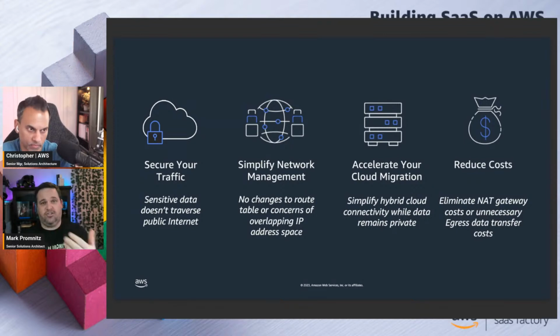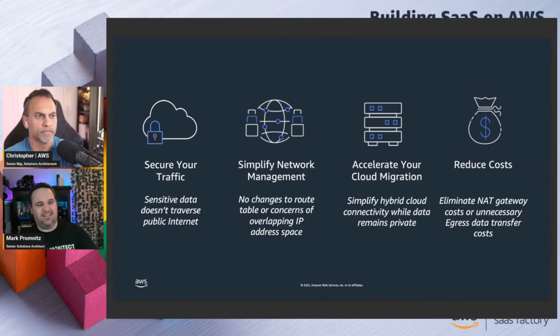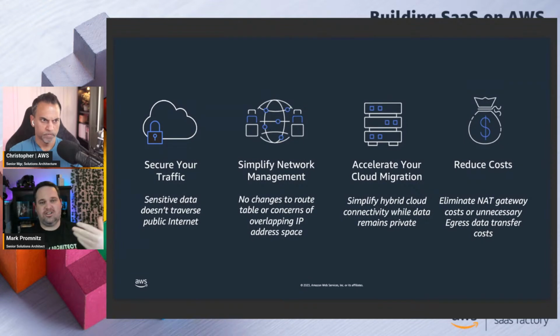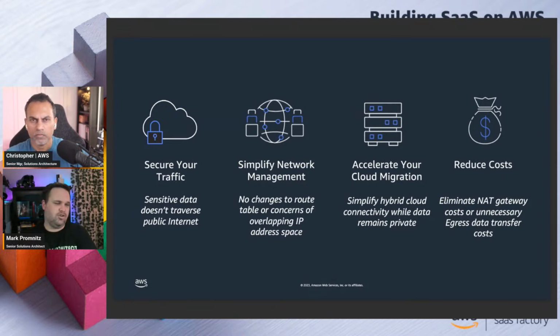Because I guarantee you, as you scale, it might work for one or two customers. Longer term, though, customers' private IP address space tends to get reused over and over and over. It's not an infinite space. So you're going to have multiple tenants that have the same ranges, and how do you do that mapping without collisions and all of that? It gets really messy. PrivateLink really helps to solve for that. It also helps accelerate and move people to the cloud. And it definitely reduces costs, especially data transfer costs going through, say, NAT gateways and internet gateways, as you're egressing that traffic out of the customer's environment into that SaaS platform.